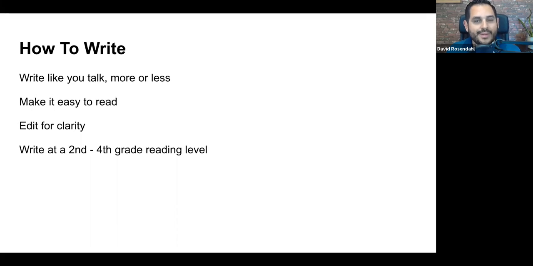Now, depending on where you get your data, where you look at that source, you'll see different things. But the point is, for somebody like me and maybe some of you, when I initially write my posts and I check what grade level they're at, I'm going to show you how to do that coming up in the next session, I'm often writing at a postgraduate level. I'm sure many of you would do the same.